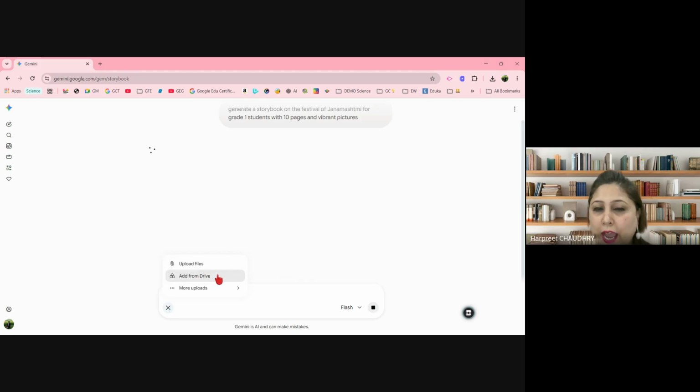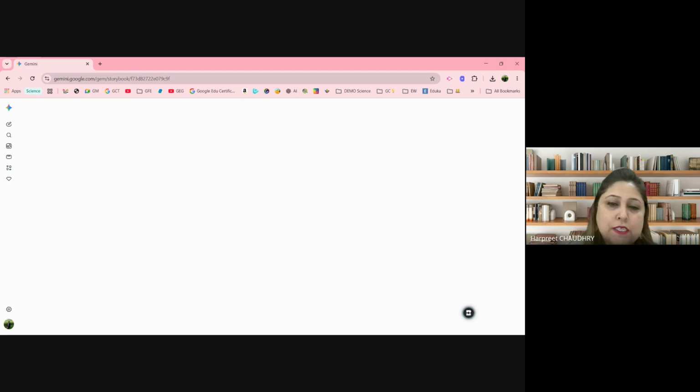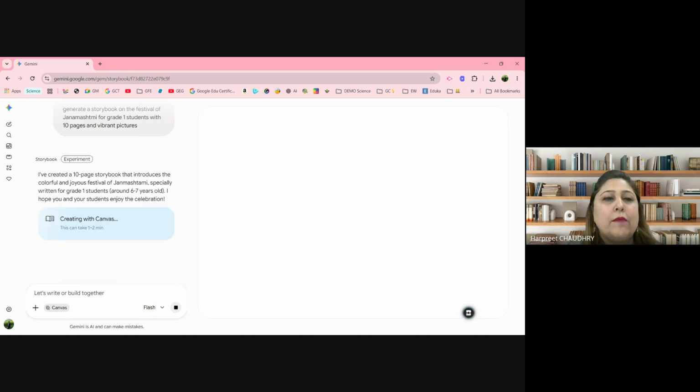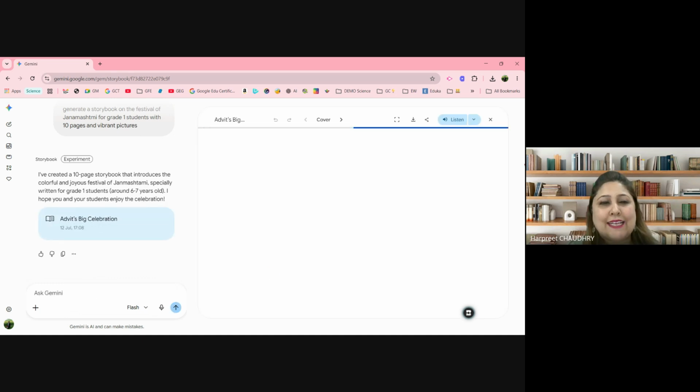Again, you can add it from the Drive if you have it. You can have more pictures. Let's say you want specific characters in that picture, or you want your students to act, let's say you're acting it as a student library of your storybook. So you want your own students to be featured in that. That is also possible. You can create an avatar. Again, import codes from here and copy it into your embedding websites, which we did last time. And it can be on your NotebookLM. So it acts as Canvas for us.